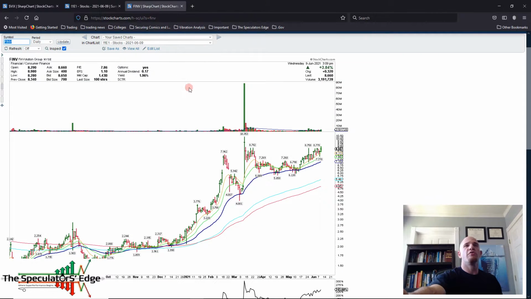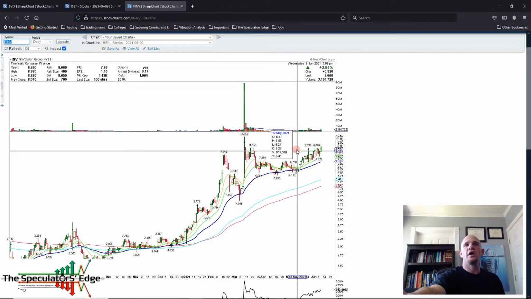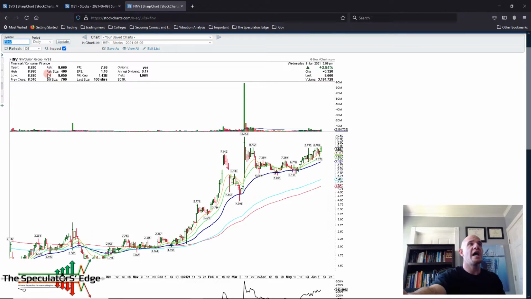To go over a couple of charts real quick. FINV, Finvolution. This stock is looking really good right here. Matter of fact, it's popping up above the high of today, up above the super pivot, which is about $8.78, which is excellent. That's what we want to see. The high is at $8.98 today. Maybe we can close up past that $8.78, because if it does, then great news, this stock will take off.